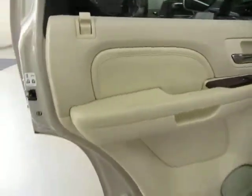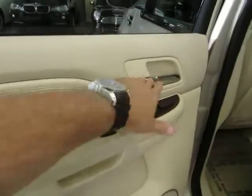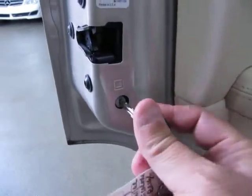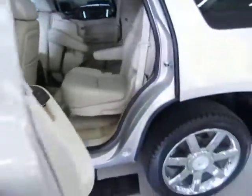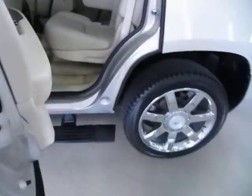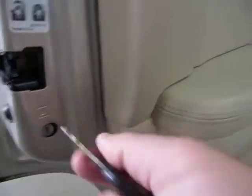All right, this vehicle is equipped, by the way, left rear door panel, same thing, beige with a wood trimming and a chrome door handle. This vehicle is equipped with child lock protection. I'll show you how that goes. Stick your key in there, give it a half twist to the left, and what that does is that disables this inside door handle. That's in case you got little ones and you don't want them to be able to open the door from the inside. Once you engage that, the only handle that's going to open is the outer handle. To re-engage for adult passengers or bigger kids, give it a half twist to the right, and